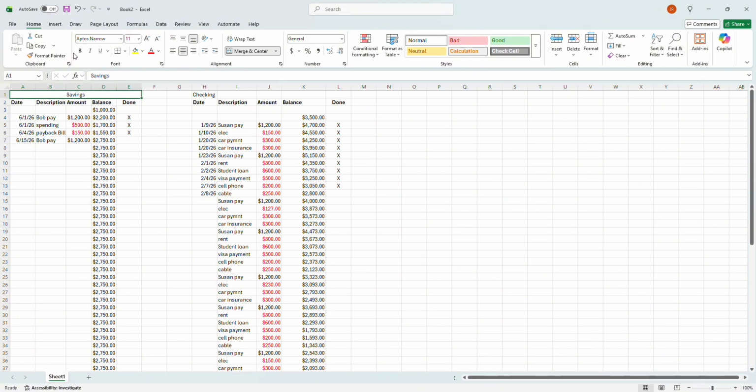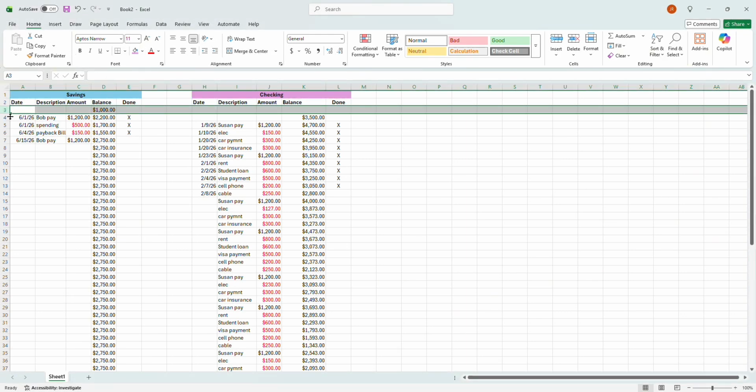where your account name is, and then maybe fill that cell with a certain color, and then do the same for any other trackers you have, just again for a visual cue for where the different trackers are in the spreadsheet. And then one other thing I recommend doing is going one line below your columns, highlighting that row, and